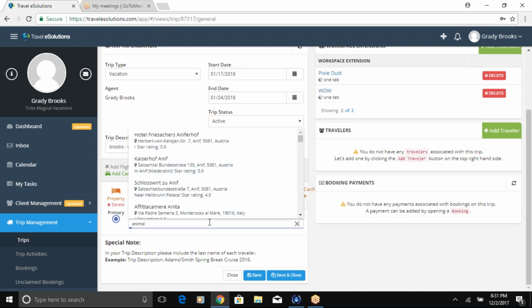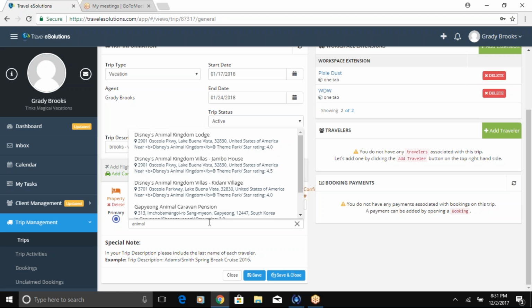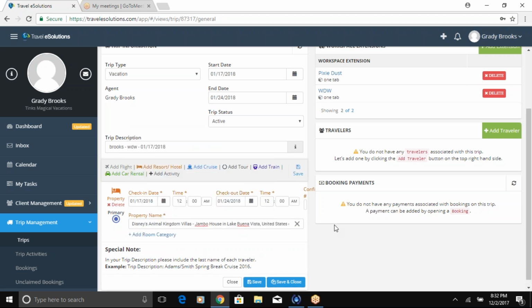You're going to want to hit Disney's. Start typing Disney Animal Kingdom. You can search, and normally it'll search anything in the header. You can put anything of Disney's, Animal Kingdom, Kingdom Lodge. The more specific, the quicker it can find it. And it gives you options: Disney's Animal Kingdom Lodge, villas, and it gives you different ones, the Jambo House or Kidani Village. We're going to go all out here, and